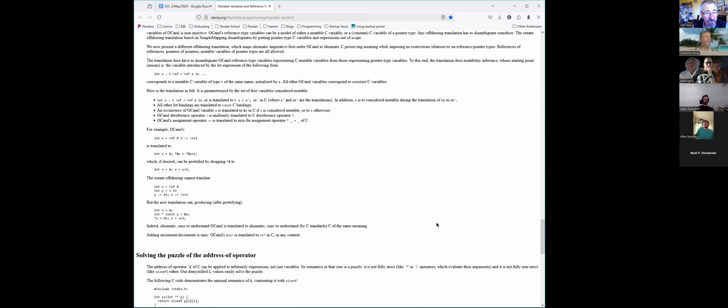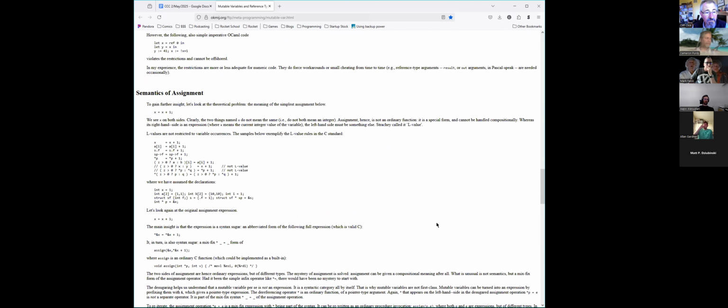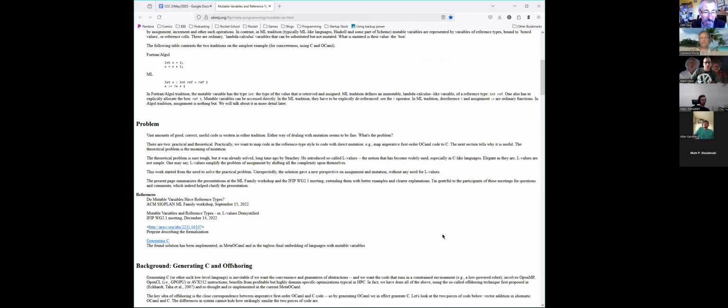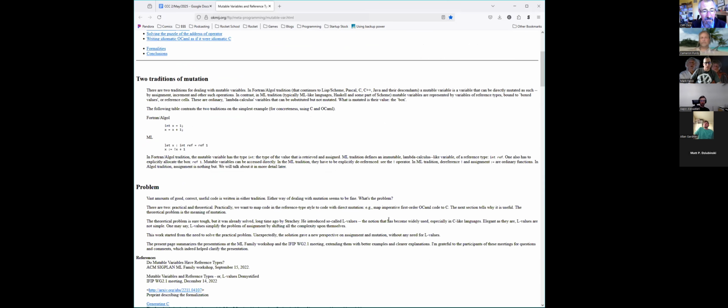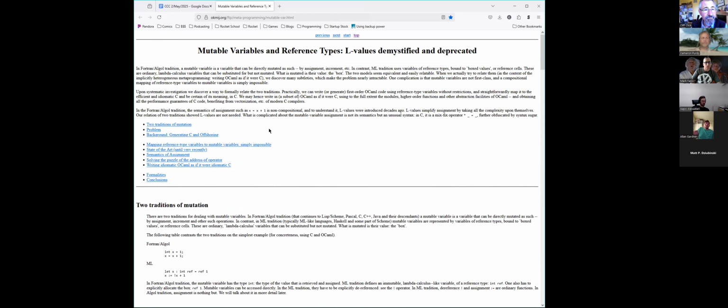I think he did a good job of explaining why the confusion, because secretly everywhere in C you have a reference, you just don't know it. It's called an L value. If you think of it as everything being an L value all the time, and then you're doing contents of and storing into, and then you go over to OCaml and say I have references everywhere, you get the same behavior with the same syntax, but there is definitely a weird translation because the defaults are different in the languages.